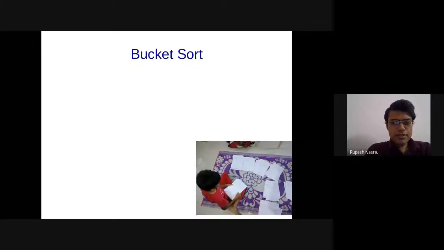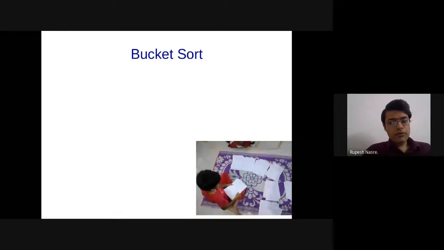So we'll continue our discussion on sorting in this final class, and then we'll wrap up the course. We looked at comparison-based sorts, like bubble sort, insertion sort, selection sort, etc., which were looking at the value as a black box. But now we are going to go inside the value, look at bit pattern, digit pattern, and so on, and see if we can do some sort of different way where we don't really compare the elements as such, or might not compare them the way we were comparing in the comparison-based sort.